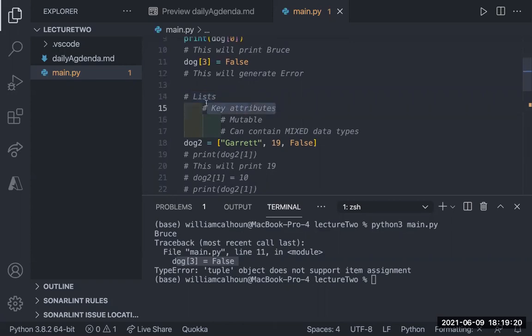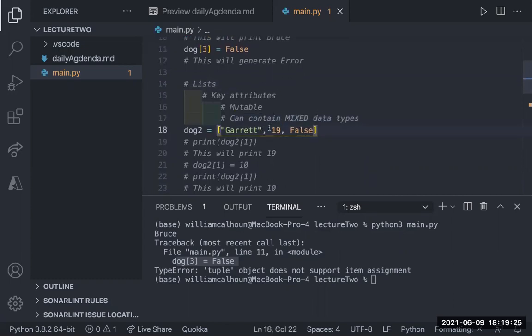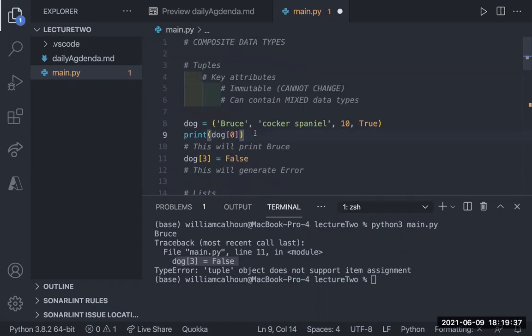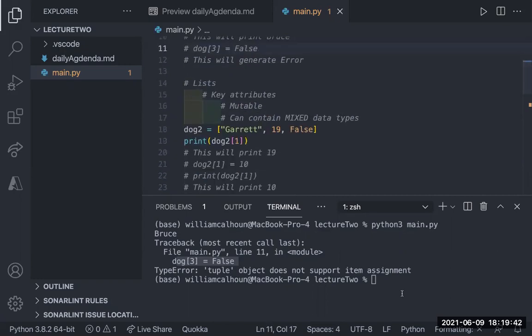And so some key attributes are they can also contain mixed data types. So it doesn't matter if you put numbers or Booleans or strings, but they're also mutable, meaning I can change, right? If I want to, dog2 is not a great variable name. If I want to do this, right? And I run this code.